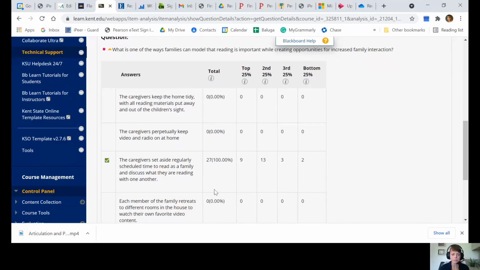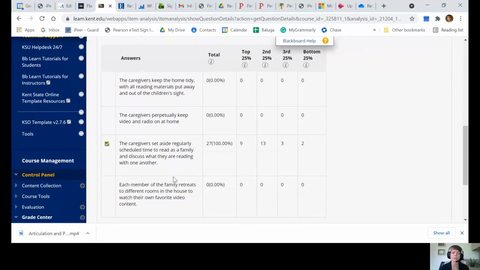So the answer was the caregivers set aside regularly scheduled time to read as a family and discuss what they are reading with one another. By setting aside regularly scheduled time, we're saying this is important. And then by discussing with each other what they're reading, we are interacting and making it social, making it something that